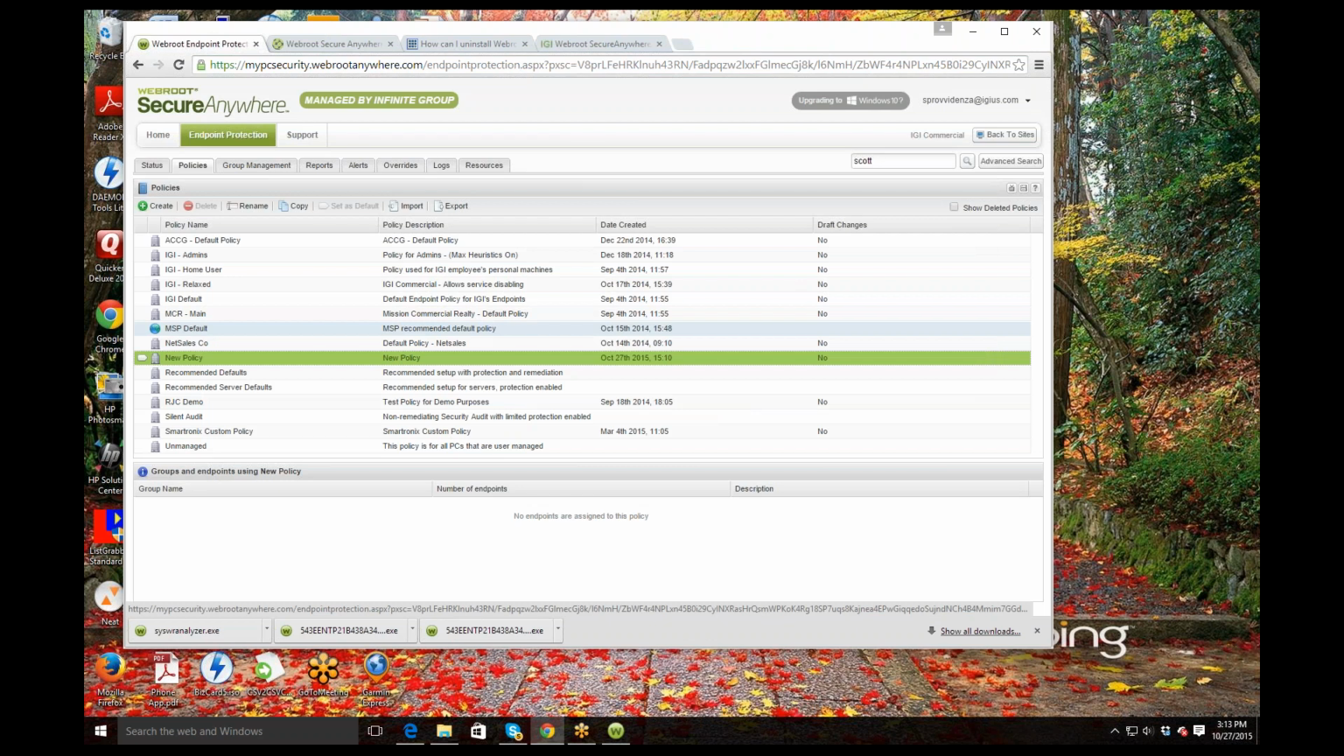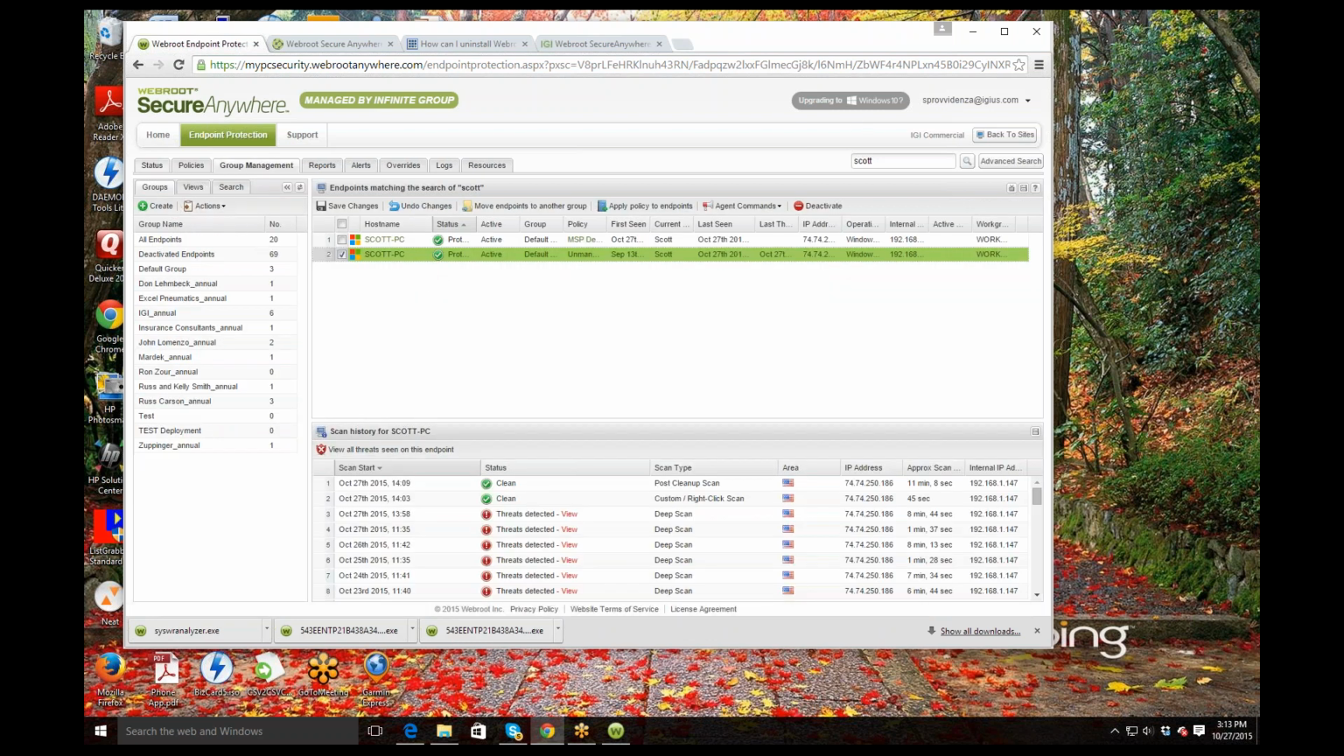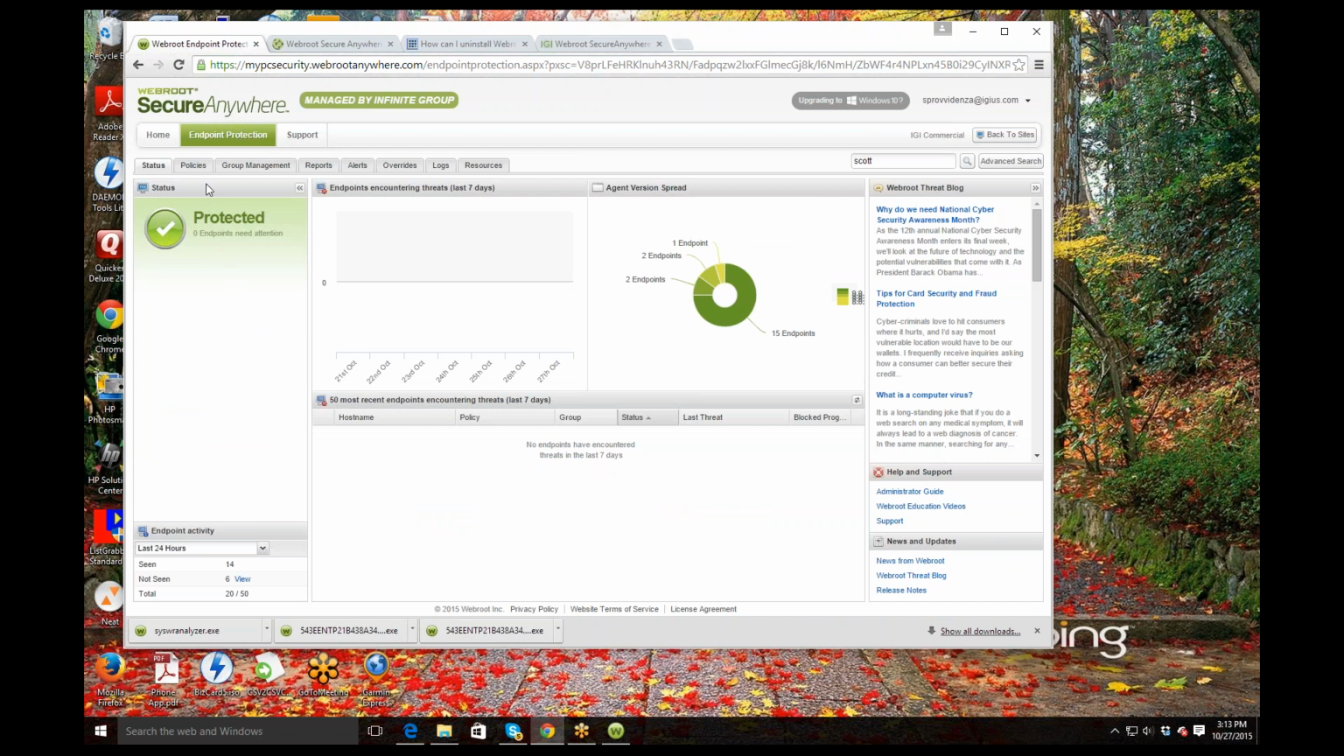The next area I want to talk about would be identifying threats. So many times I have partners call me and they say, I went to the status page and it doesn't show protected like this page does. It's more of